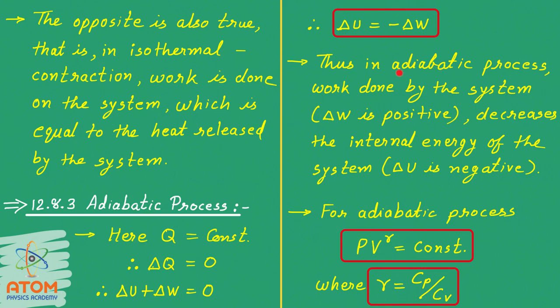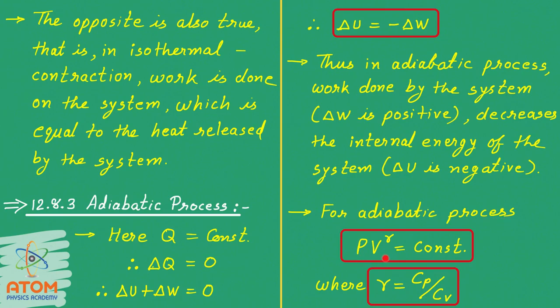So in adiabatic process, if the work is done by the system, then internal energy will decrease, and vice versa. If the work is done on the system, then internal energy will obviously increase. Now here is one very important equation that you have to just accept without any proof, and that is for